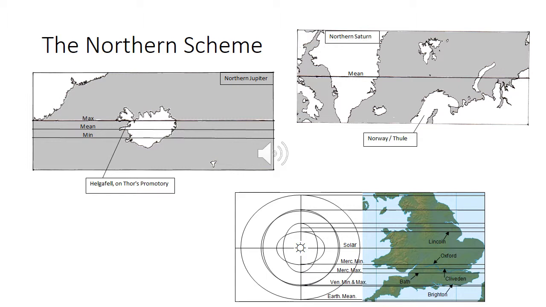And in Icelandic tradition, close to the mean latitude, you've got a site of Helgafell, which is the equivalent of the palace of Olympus. It's where Thor sort of feasts eternally within this great hill in a great feasting hall. So again, very neat. Saturn, also another neat one there,